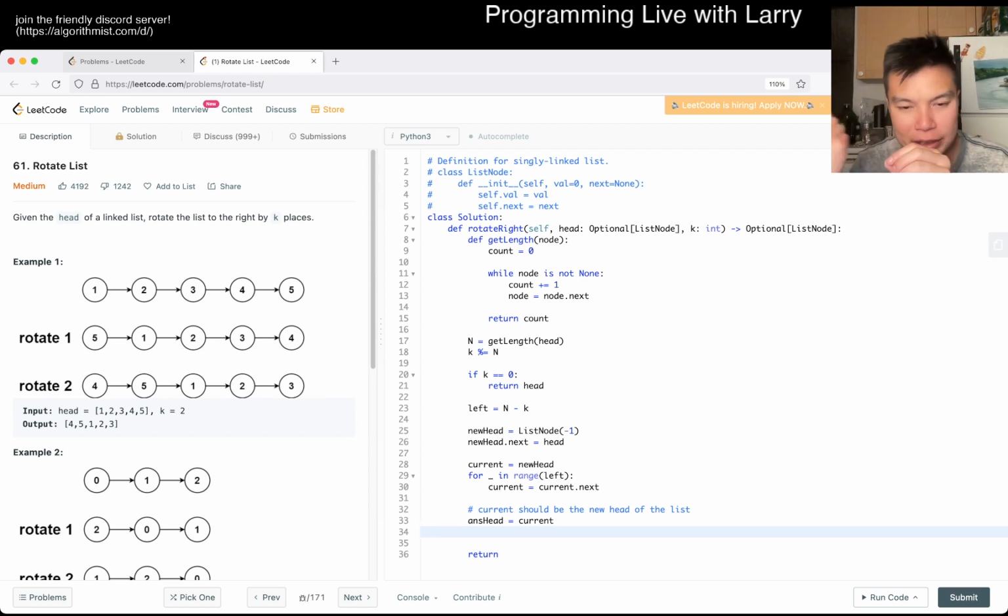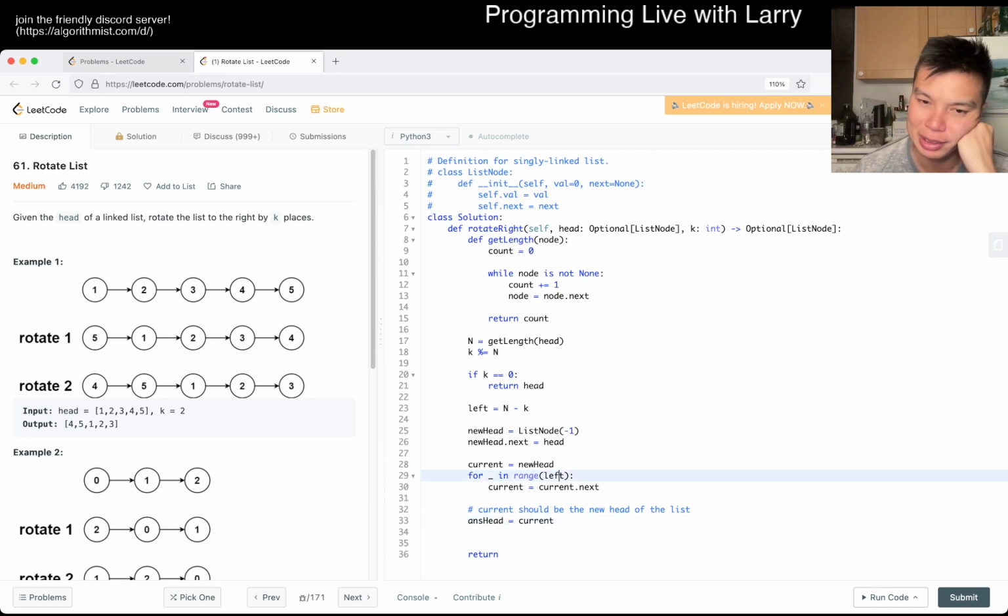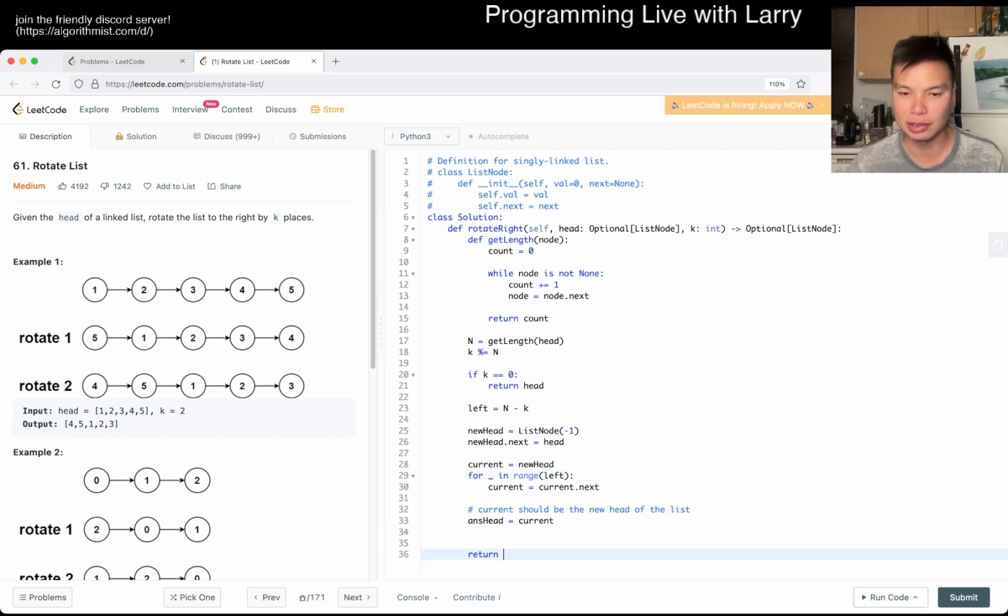But now we have to go to the end of the list. And wait, is that true? It's either this or this dot next. Okay, so let's say left is 1. We moved it 1, and then the head of the list will be dot next. Yeah, okay. So we want dot head dot next. And I think that should be okay. But now